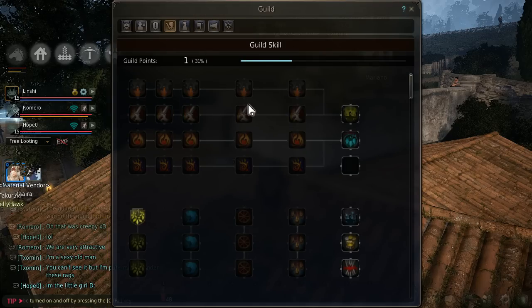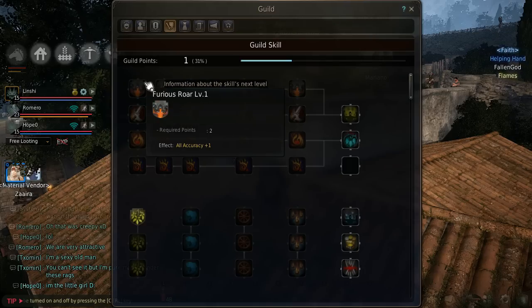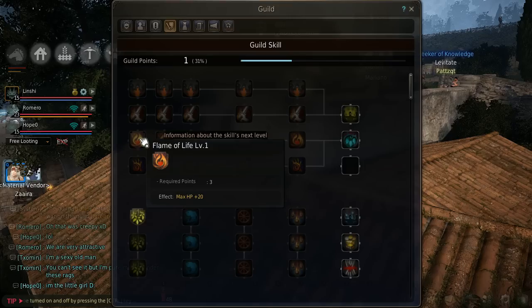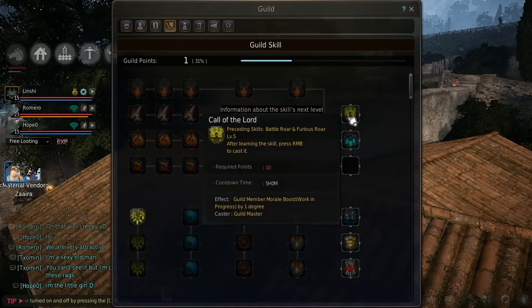And these are guild skills you can learn. We only have 1 right now, which increases the gathering level for all members in the guild by 1. But there's a whole bunch here. Like there's one for increasing accuracy, increasing attack power, maximum health, damage reduction, and there's some really weird skills here